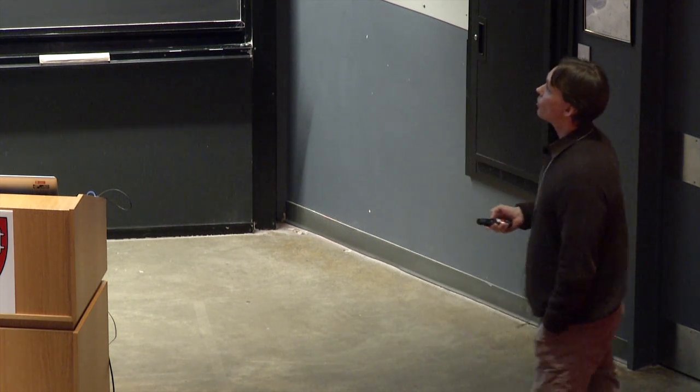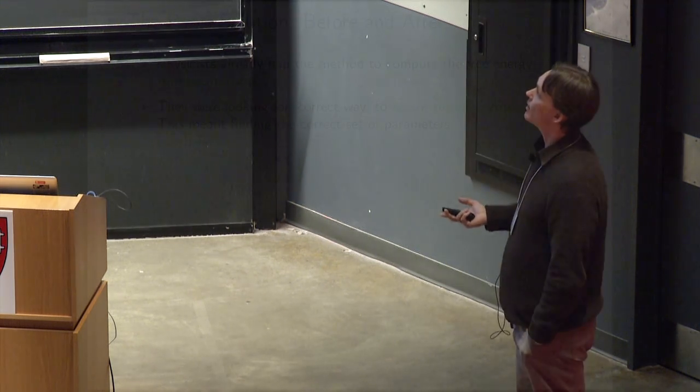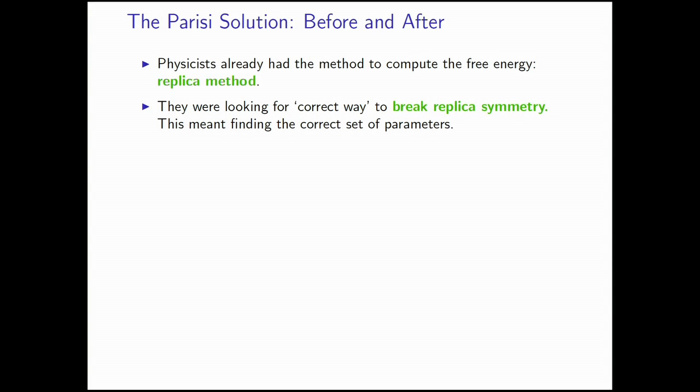So what people were trying to do after that is what is called breaking replica symmetry in the correct way, which really meant that in this explicit computation, there is some set of parameters which emerges naturally. Sherrington and Kirkpatrick chose them all to be equal. That's called replica symmetry. And so it looked like the weakest point of this argument. So people were trying to look at different choices, but they all failed. They were getting the same wrong result until Parisi looked at this and introduced really a new fundamental principle